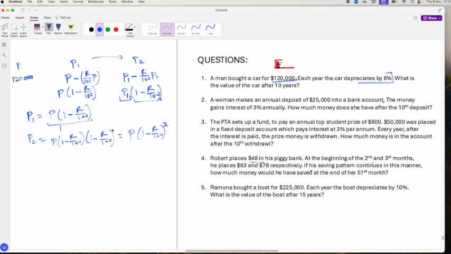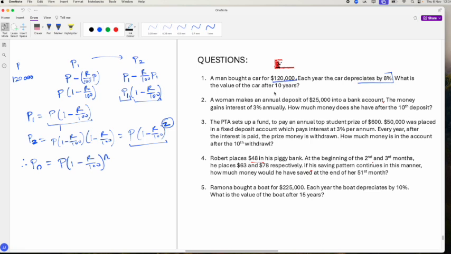So we could clearly see that there is a relationship here between N and this N here, because this is the same term throughout. Because it's the same term and the only thing changing is the power, I could safely say that Pn now is P into 1 minus R over 100 to the power of